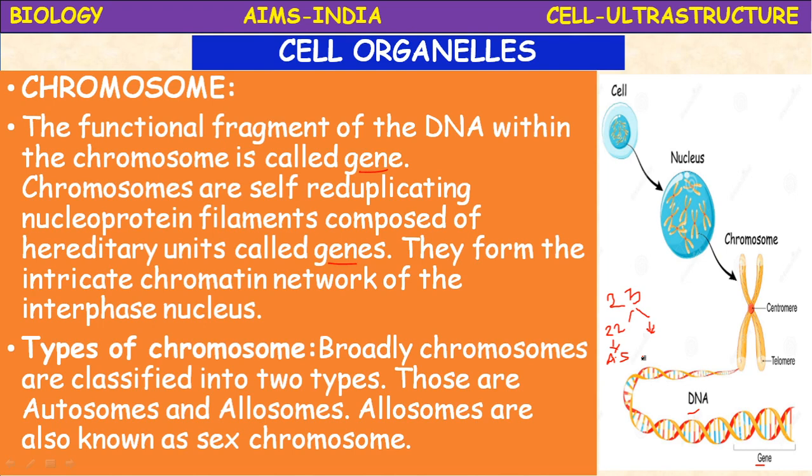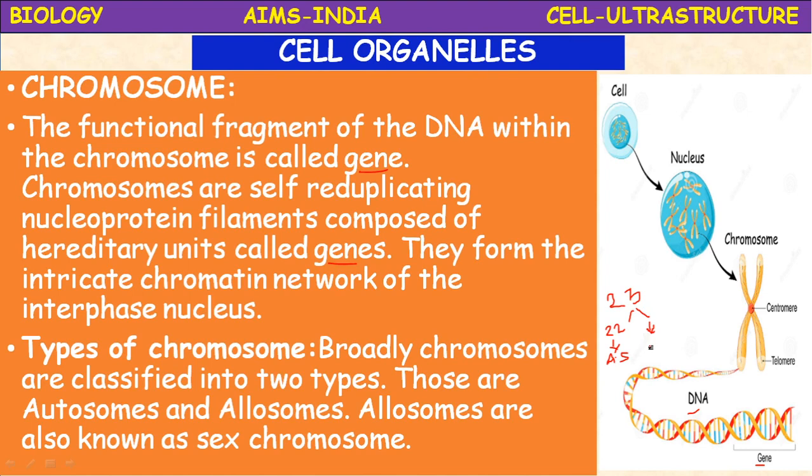All the remaining cells contain autosomes. But the reproductive cells, meaning the testis and ovary, the male and female reproductive organs, the cells which are produced by meiosis cell division, are called gametes. So they contain